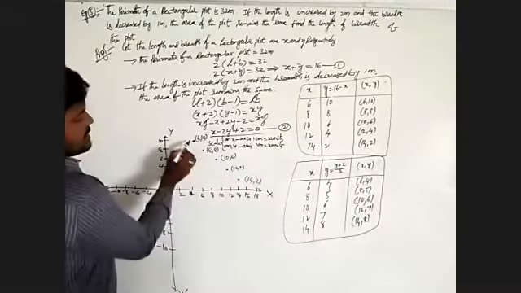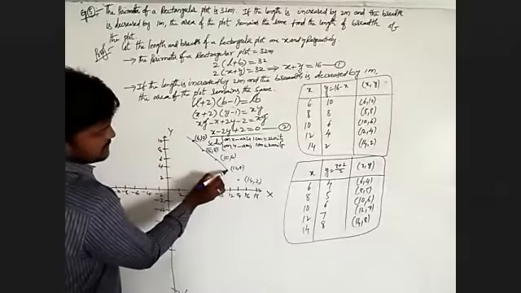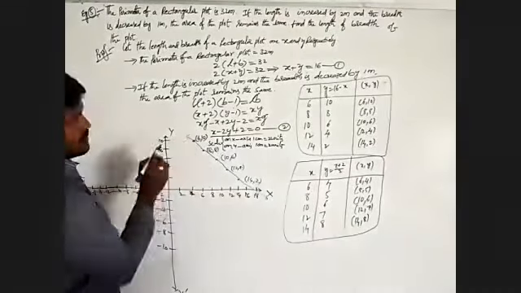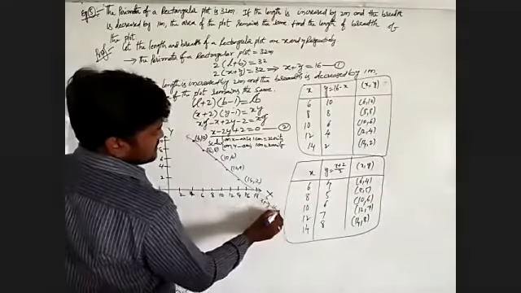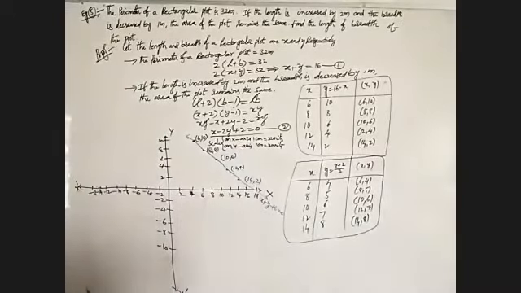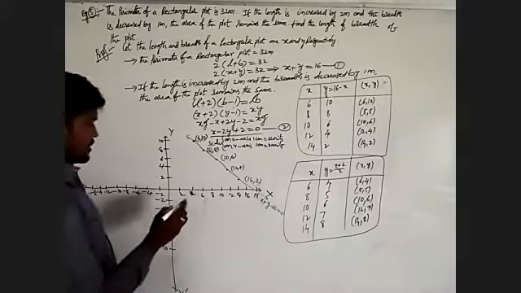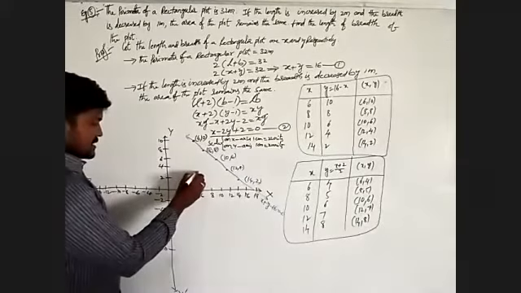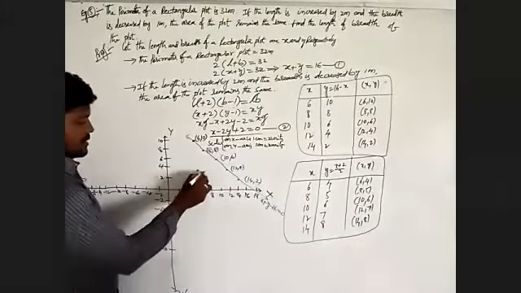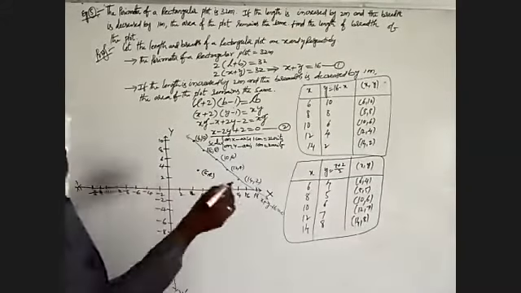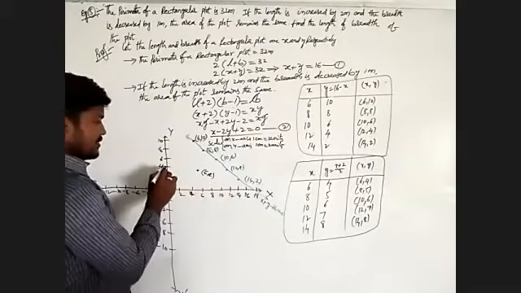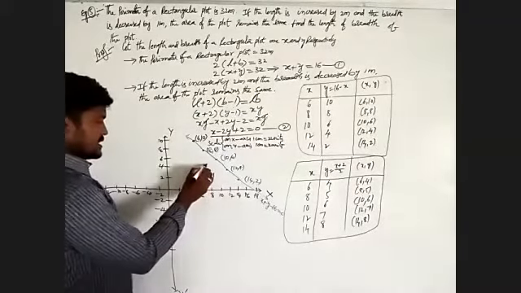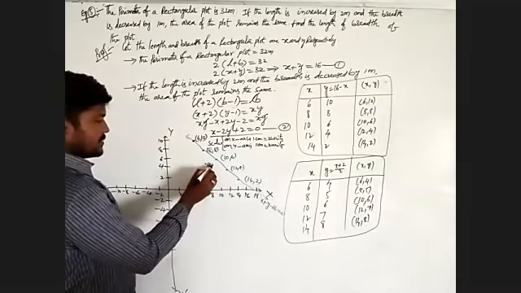Now we have to draw the given line through these points. The equation of the given line is x plus y minus 16 equals 0. After that we take the remaining points. First 6 comma 4. Then we take 8 comma 5. This is 8, this is 5, and 5 lies between 4 and 5. This is 8 comma 5.